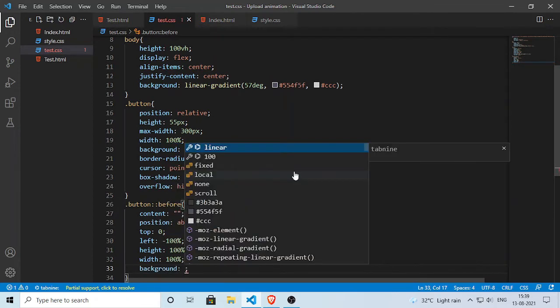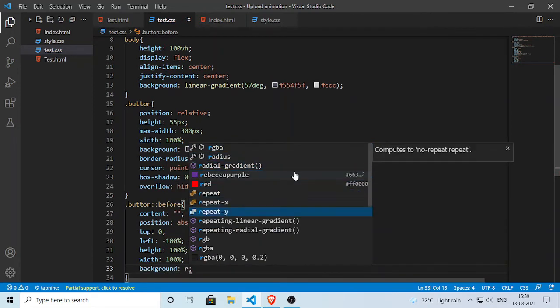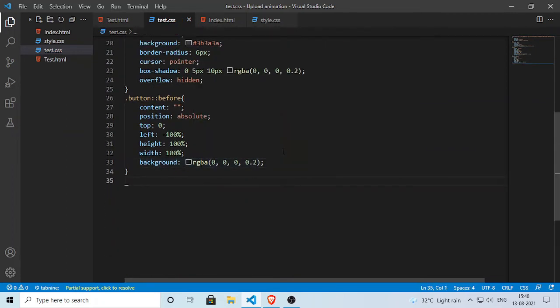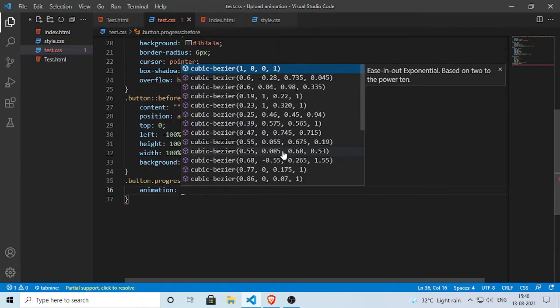After that background will be black. So as you can see here also red, green and blue is 0 and alpha is 0.2. Alpha means transparency or opacity. So we need opacity type. That's why we have given it here.